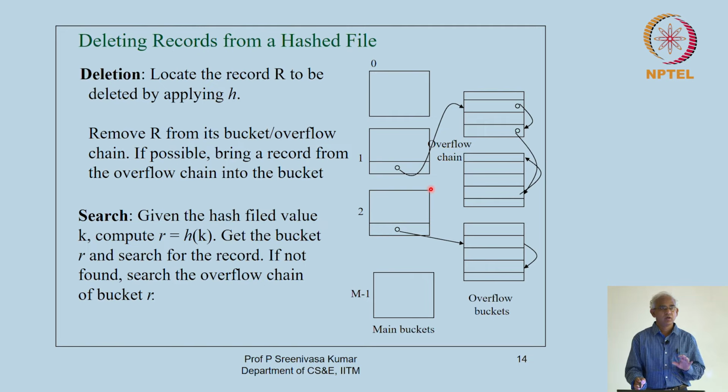If your hashing function is chosen in such a way that the records get hashed uniformly across the data buckets, and there is enough space in all these main buckets, then the overflow chains will be small, if at all they are there. So most of the time you will get your record the first time you access the main bucket. You compute the hash, the bucket number, and then access that bucket. You are most likely to get the data.